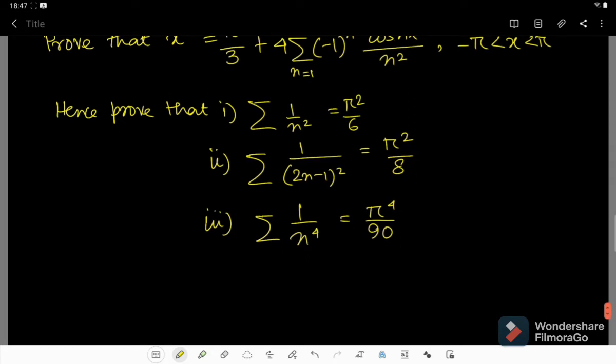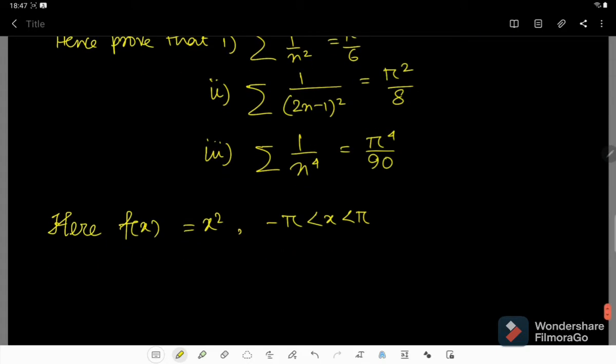Let's see. Here f(x) is equal to x square, and the interval is minus pi to plus pi. So we know that f(x) can be represented in this form. This is the Fourier series expansion,